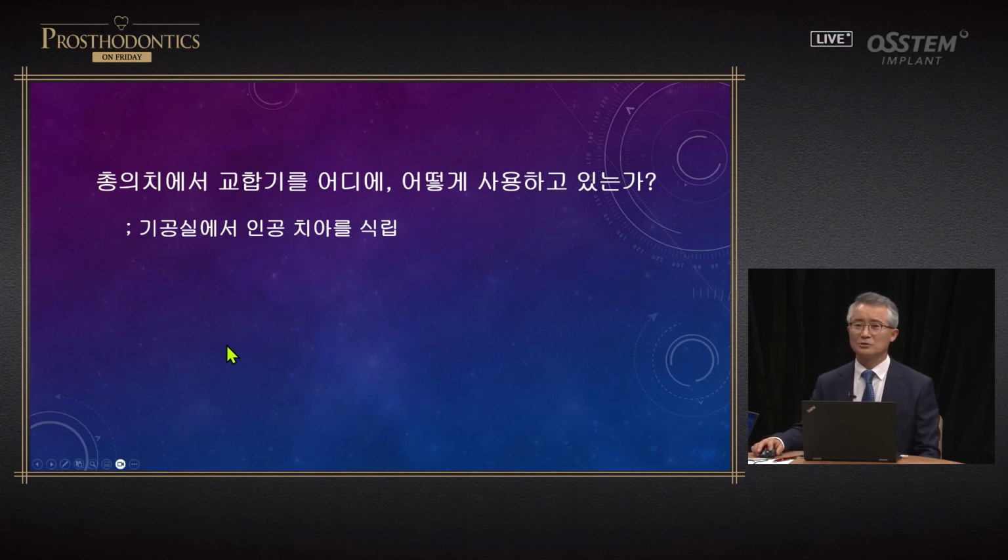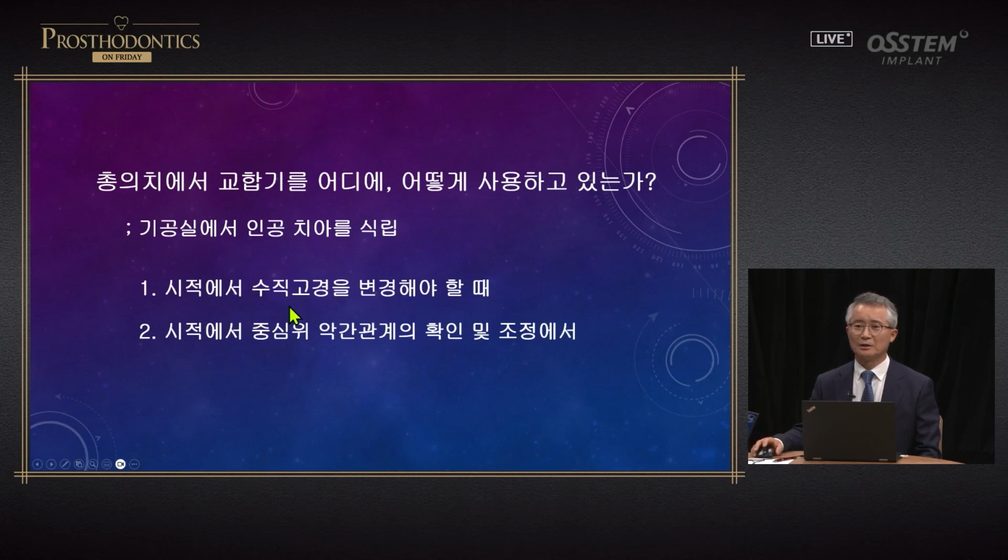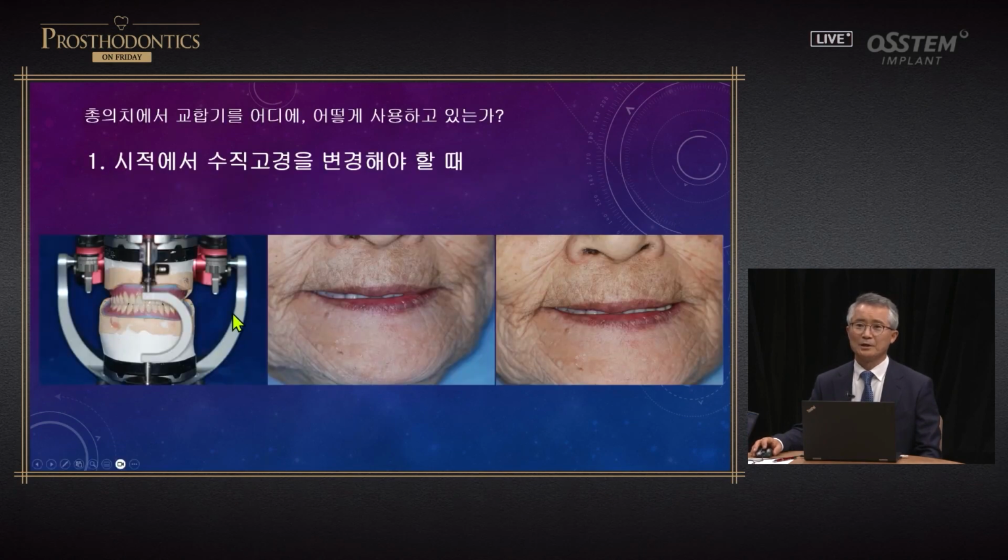Articulators should be used at lab when artificial teeth are aligned, and when we need to try in after providing artificial teeth, you need to check the vertical dimension. Vertical dimension and centric relations are checked, and interarch relations need to be checked. We need to check this on top of vertical dimension. By doing this, we can use articulators very meaningfully. I think this is also very meaningful in doing occlusal adjustments at chair side. Let me show you how vertical dimension is adjusted after try-in using articulator.